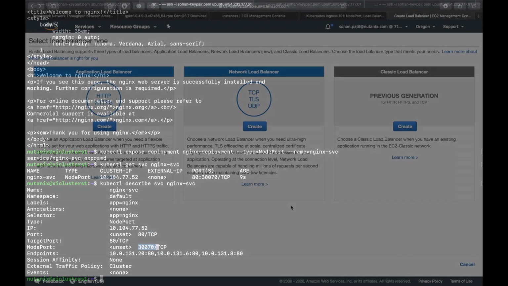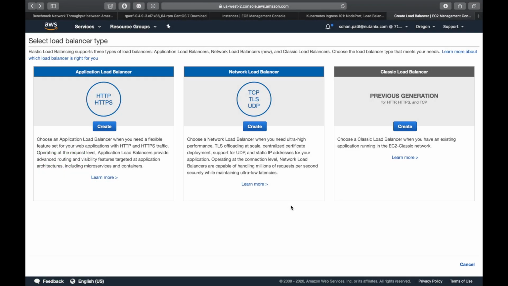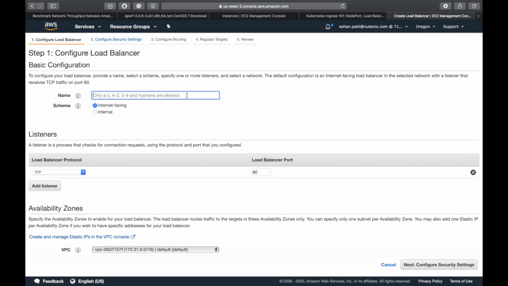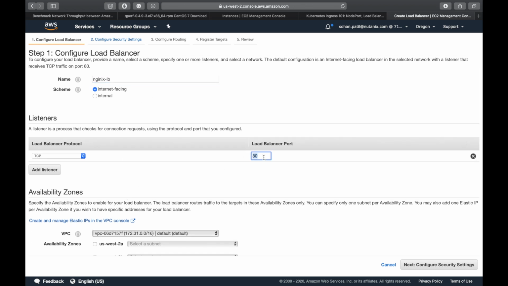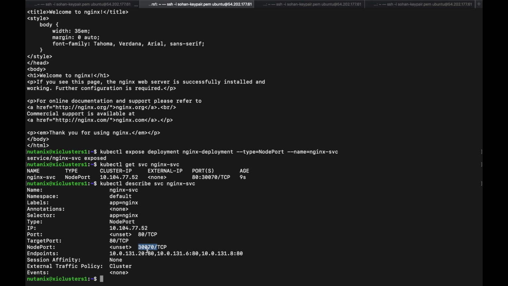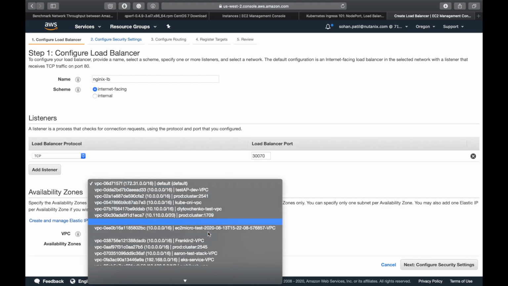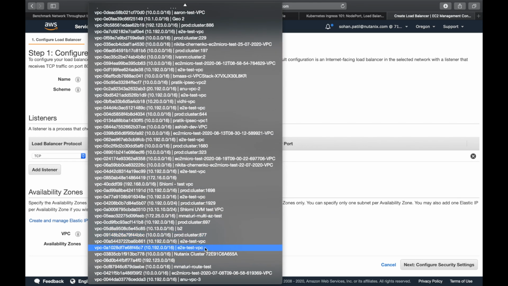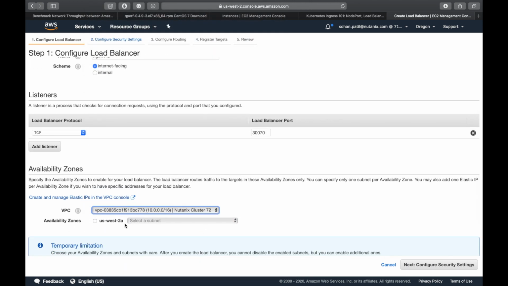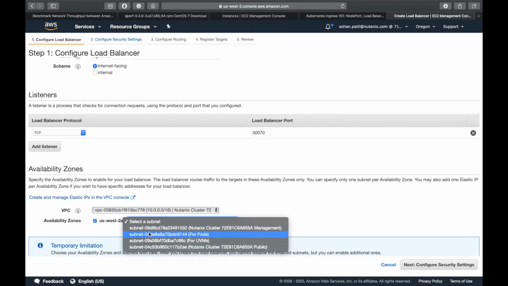So let's do that. Okay, so let's start with creating a network load balancer for three of our nodes. Let's name it Nginx. It's an internet facing one. The port is 30070. Our VPC ends with 778, so this is the one. We want it in the public subnet.